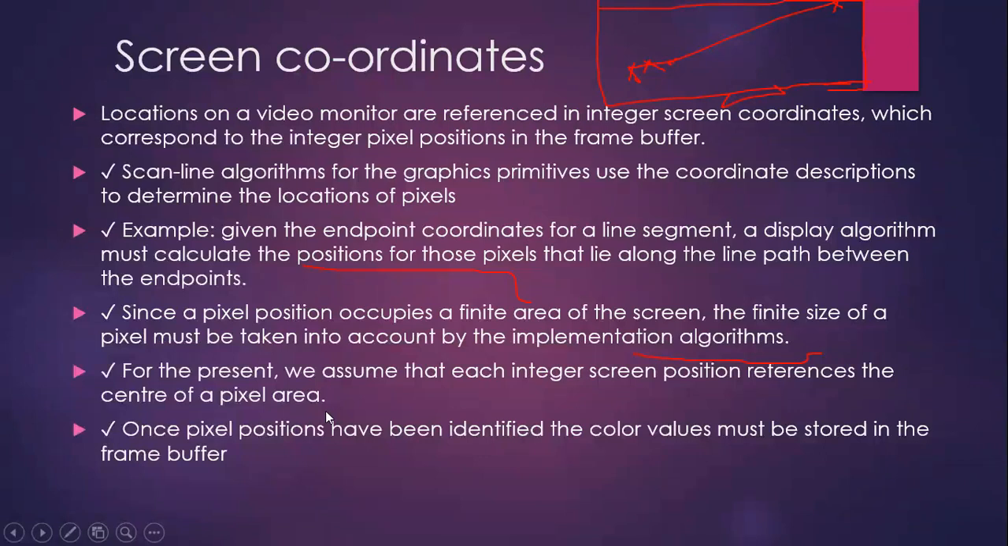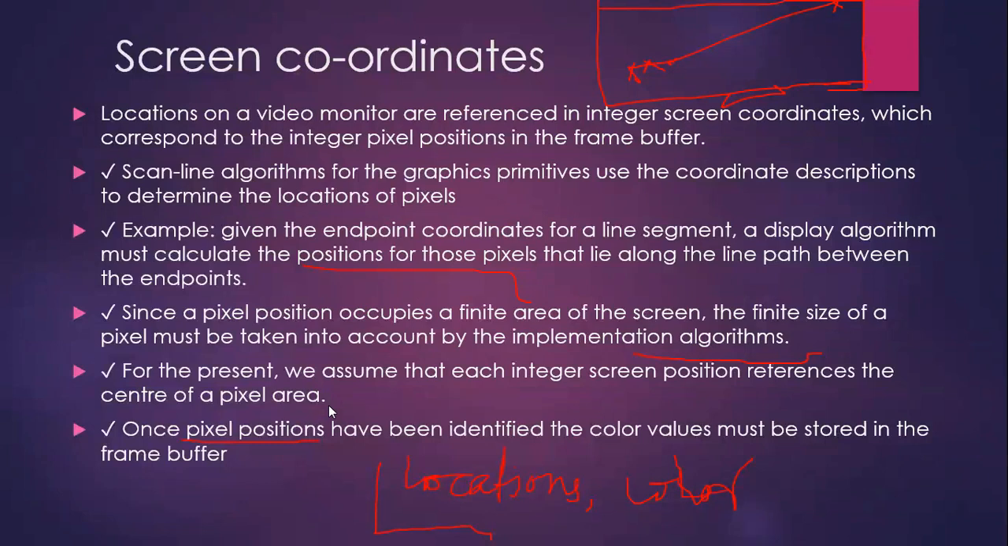So initially, I said that in the frame buffer, you will be storing the pixel locations where exactly your object has to be rendered. So those positions, the xy coordinate locations, that information will be stored in the frame buffer, and your color information, everything will be stored